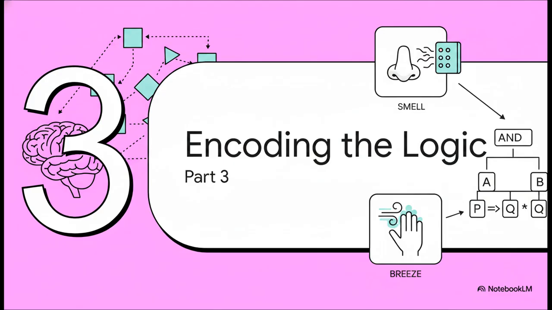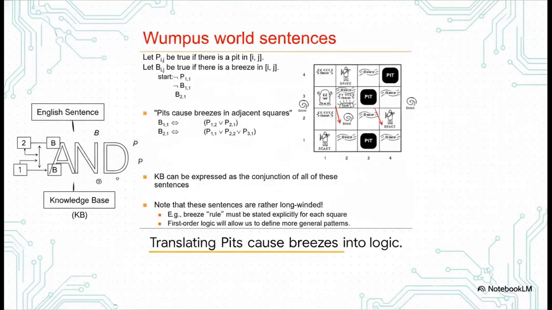All right, part three, encoding the logic. Now, an artificial agent doesn't actually smell a monster or feel a breeze on its face, right? So we have to translate those physical rules into mathematical propositional logic, and this brilliantly illustrates exactly how that translation happens. Look at how we take a plain English sentence like pits cause breezes in adjacent squares and encode it